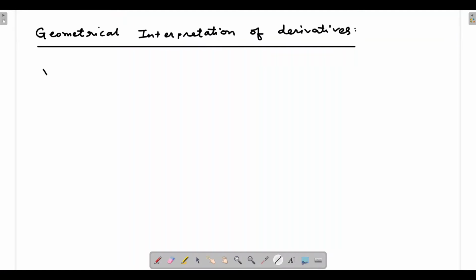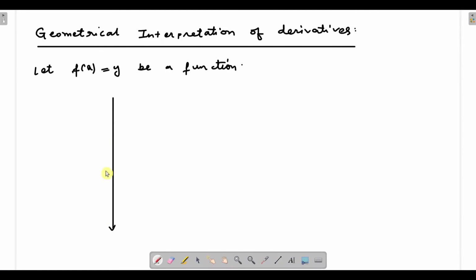So let f(x) be a function. Okay, let f(x) equal to y be a function, and now let us look at the graph of the function f(x). So this is the x-axis and this is the y-axis. This is the origin here. So if there is a function f(x) in this way,